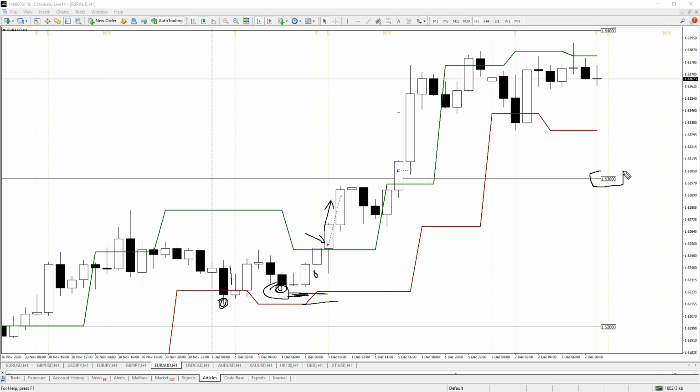There's also this big round number, 163, that I thought could act as a magnet, and it did, and we managed to get 1R there. Now the second trade was a little bit more